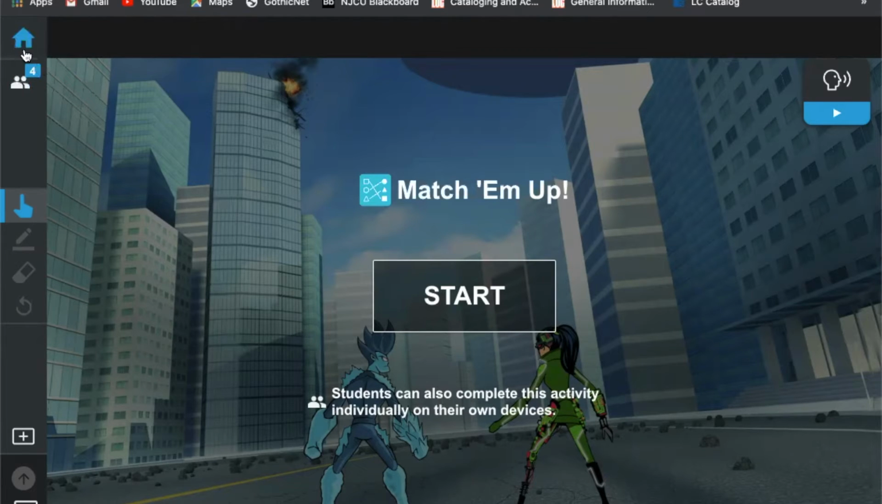Now, if you look here, this is the home button, and it's going to take me right back to the page that I just came from. Here are the number of students that are participating in the lesson at the time. Now, if I click here, I'll see the names of the students who are involved in the lesson. Now, I'm going to go back to the home button, but before I do that, I want to show you